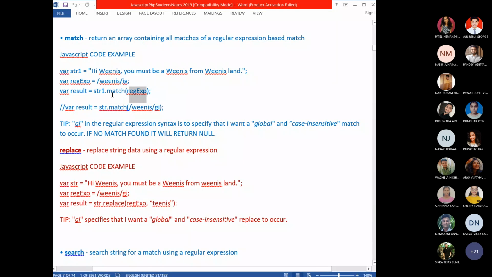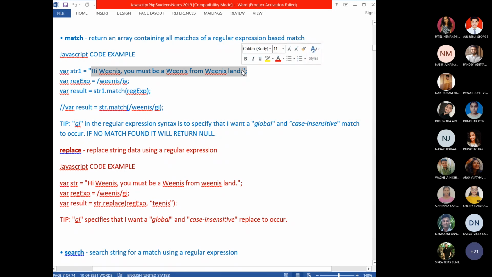So match, as I said, returns an array. See, match is a string method, but it returns an array containing all matches of a regular expression. This is a little confusing, but if you see the example, it will be clear. Whatever pattern you are searching for in the regular expression will be searched and found in the string.